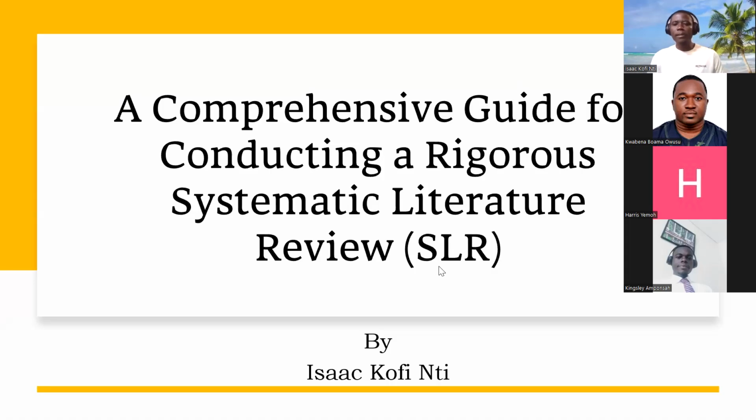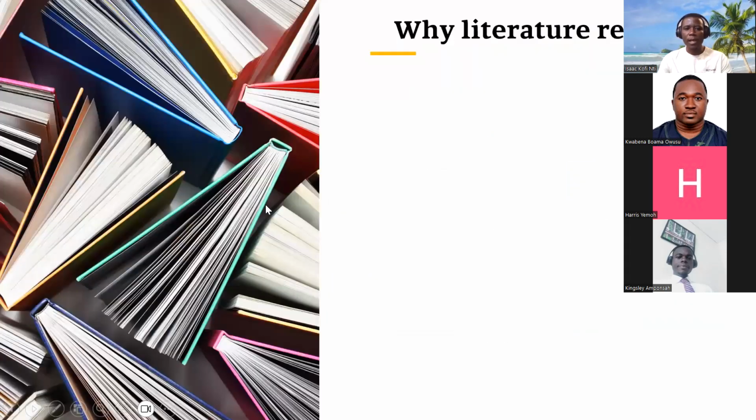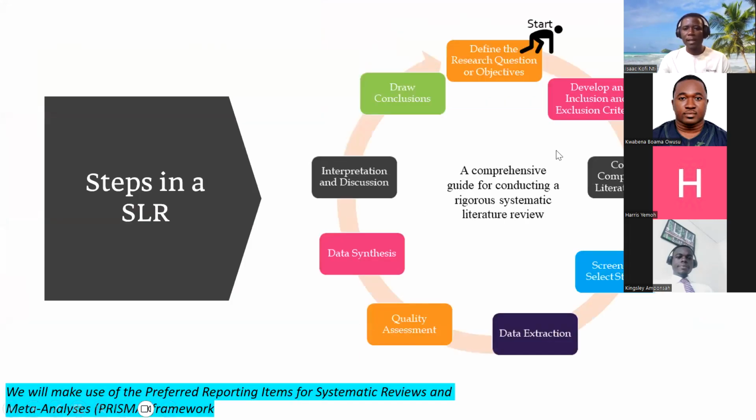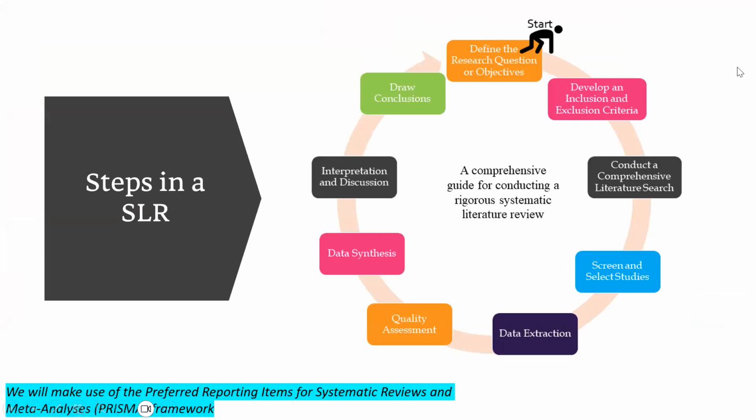Yeah, so yesterday we started with systematic literature review, and we said that when you want to conduct a systematic literature review, there are some steps that you need to follow. We looked at the 9 steps that put together give us a better systematic literature review. We said the first stage is to define your research questions, where we try to define the research question or